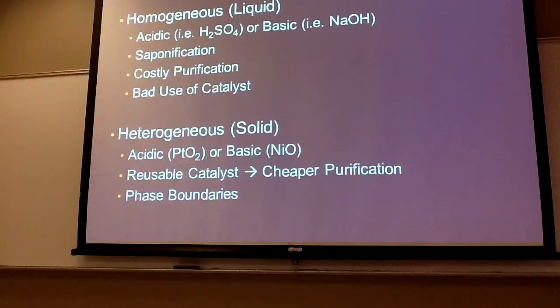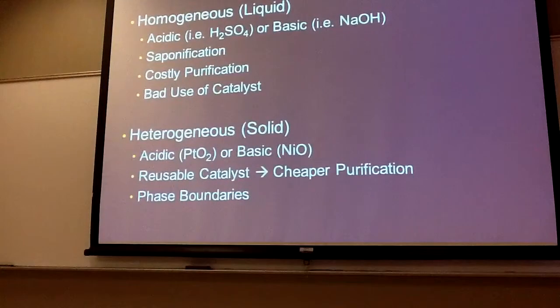Two subtypes under that. You can have an acidic homogeneous catalyst, which would be something like sulfuric acid, and then a basic homogeneous catalyst, which would be like sodium hydroxide. The main one currently used is sodium hydroxide, a basic homogeneous catalyst. You end up with really quick reaction rates, and you can do reactions as low as room temperature, which is